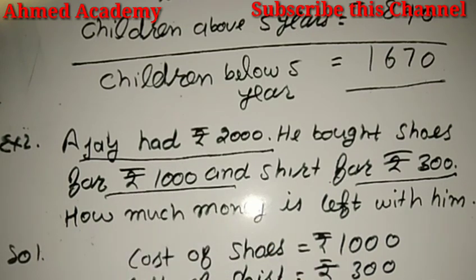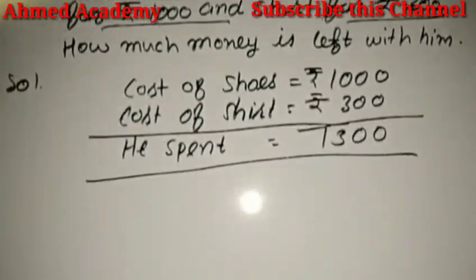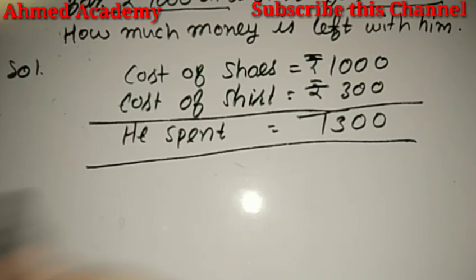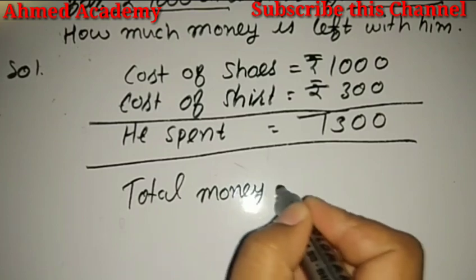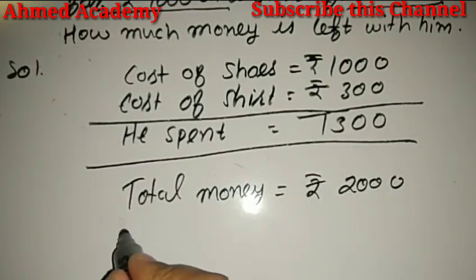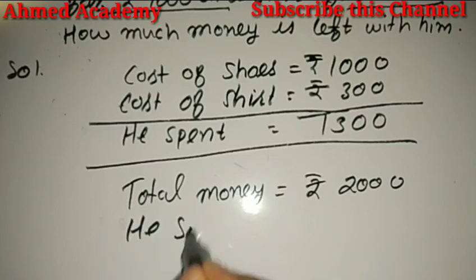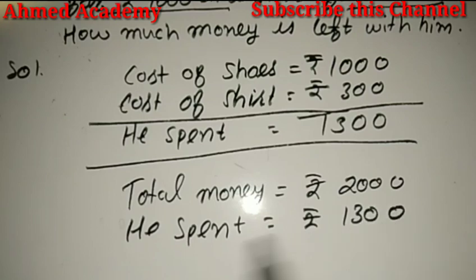Now he had 2000 in the beginning and spent 1300. How much money is left? Now we have to subtract this money from the total money he had in the beginning. Total money is equal to rupees 2000. He spent 1300, and left money is